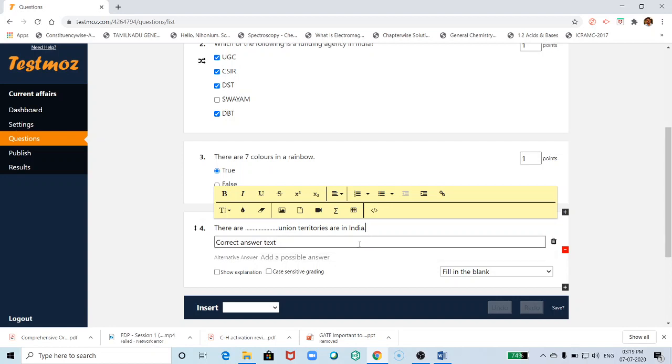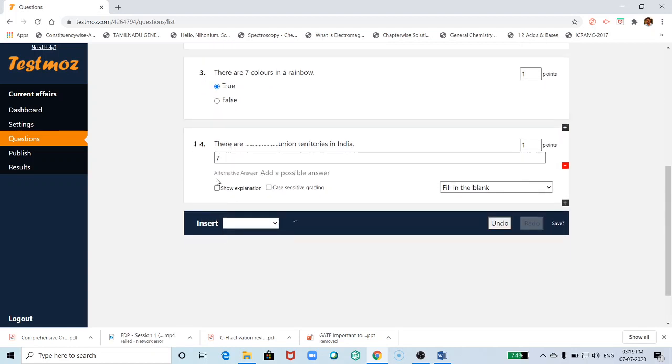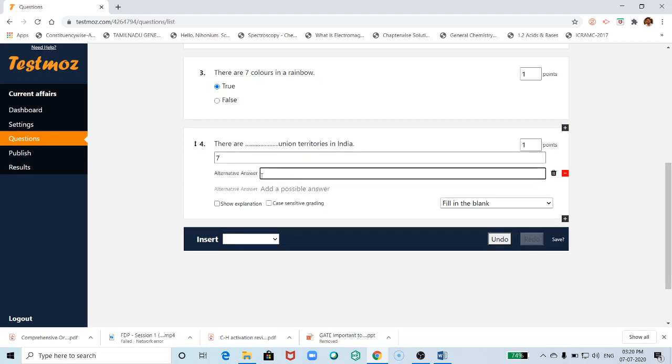There are dash union territories in India. The correct answer is 7. Here you can give the 7. But if a student writes 7 in alphabetical, SEVEN, then the system will take it as a wrong answer. So you have to give a possible answer. You can see add a possible answer, click this, and here you can write 7.